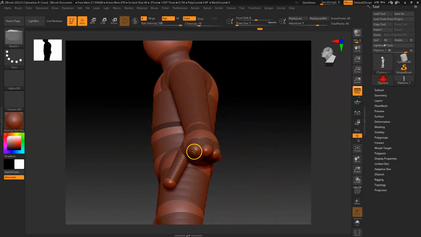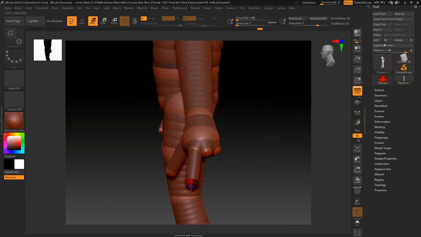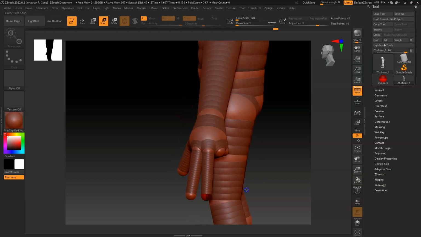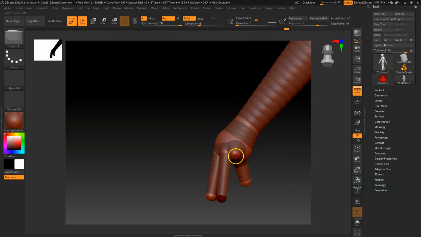All right, so Q, and I'm just going to hold shift. And then W, and pull that down. Probably got to go a little bit more in this. E, it's got to scale down a little bit. Okay, Q, W, E to scale it down a little bit. Okay, Q, W. That's pretty good. Okay, Q, W,